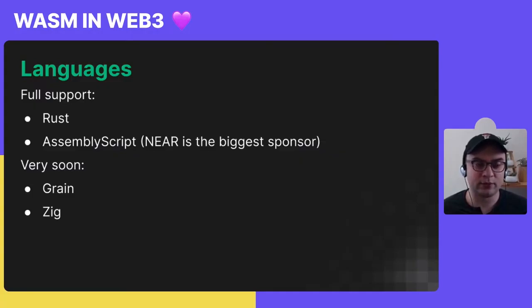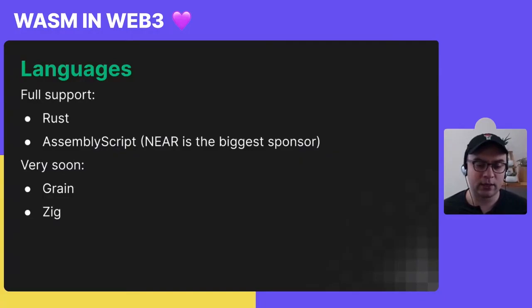Grain also strikes a really good balance between Rust and TypeScript kind of languages. It doesn't have manual memory management, which is kind of a strength of Rust, because with manual memory management you don't have spikes of CPU usage when your garbage collector kicks in. But for most of the languages, which they're going to explain to you later, that have non-manual memory management, we actually just disable garbage collection, because smart contracts are short-lived anyway, and we can afford to never deallocate memory in the first place. So Grain is coming very soon, in the next week or a couple of weeks.